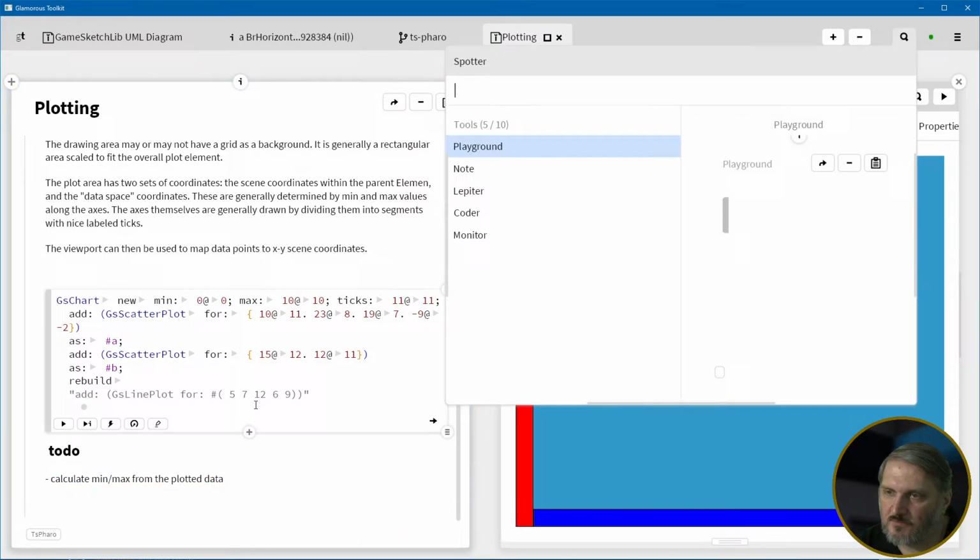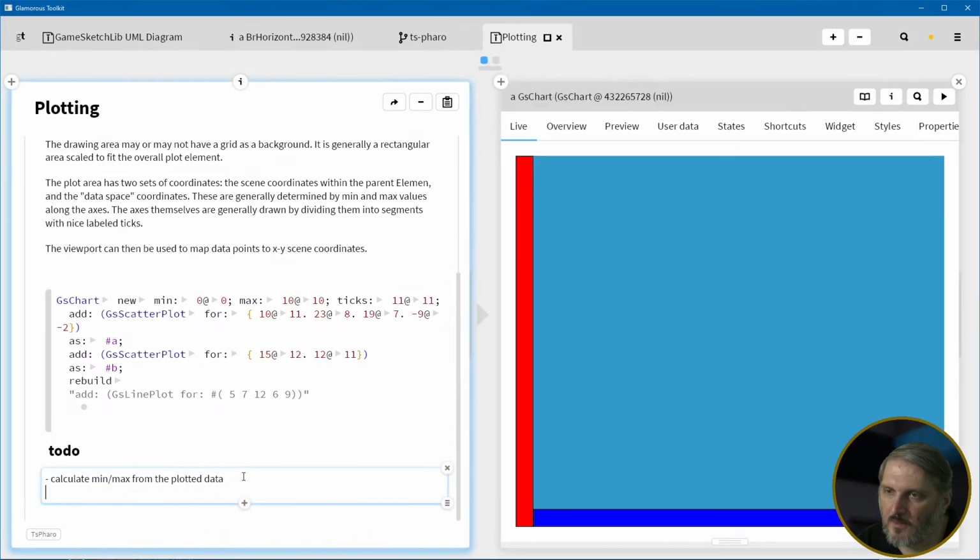So that means that each plot, or GSPlot, has to return range or something. Ranges, domain and range, so the input and output range. Okay, so then,